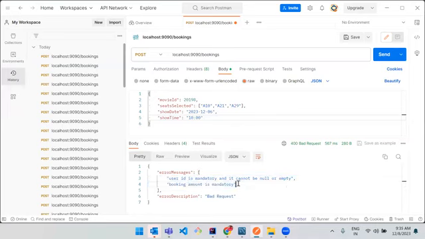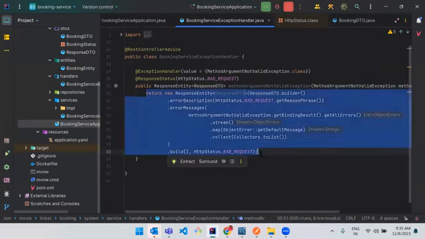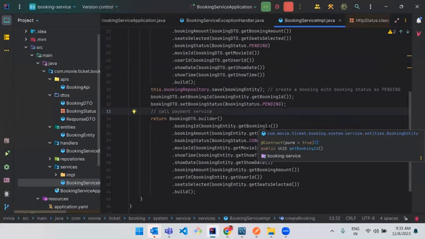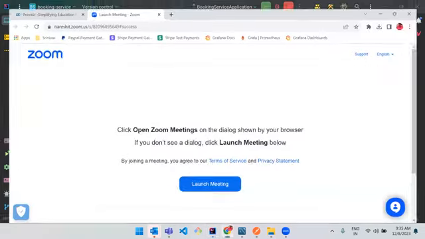So probably you have understood, right? We have converted each and everything, so right now we don't require any changes over here. But if you go to the booking service API, the booking service impl, here we are pending with the call to the payment service. Today we are going to establish a communication between the booking service and the payment service, but we don't have the payment service right now, correct? So what we can simply do is go to